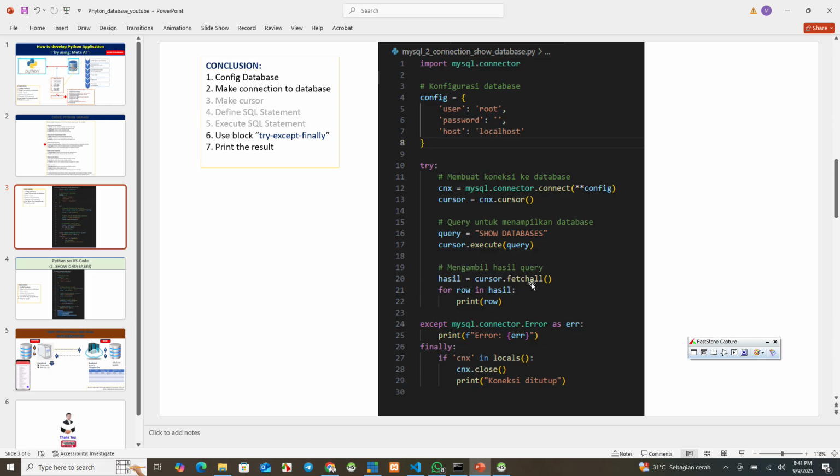We make a loop to present all databases on MySQL. And then this is the conclusion.